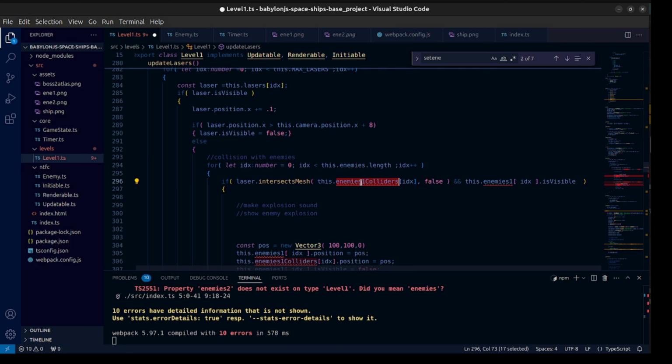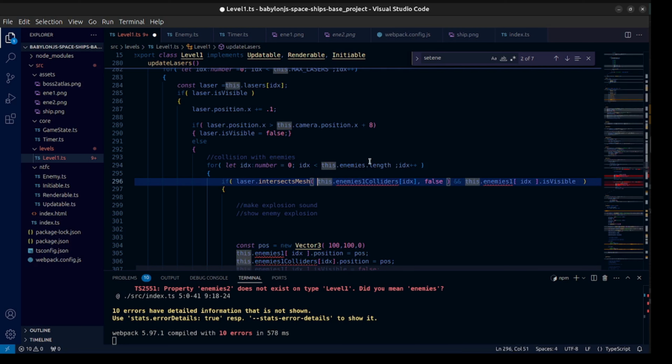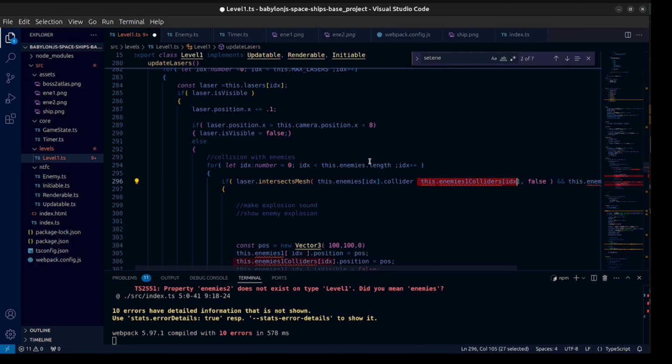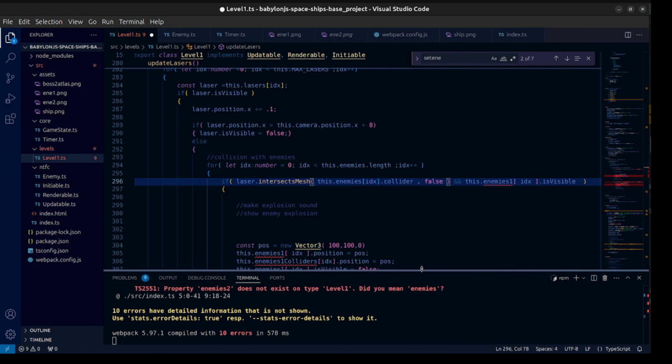It's almost the same thing, but I have now this structure here. So it will be like this. So for every enemy I have at the index position, I need to check the collider like this, and